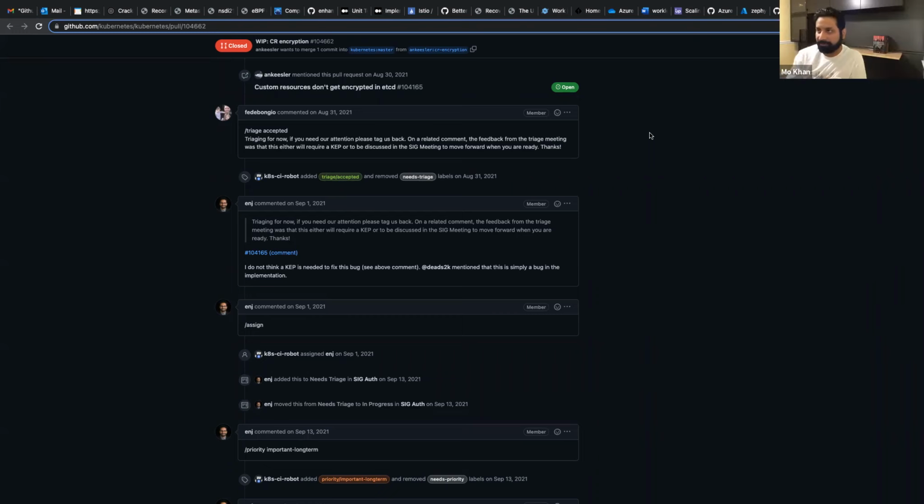No, I'm thinking it would just be part of this KEP, right? So the idea would be that basically all I'm asking for is some way to tell the API server, when I'm wiring up this KMS provider, it's meant to encrypt everything, not just some particular resource.